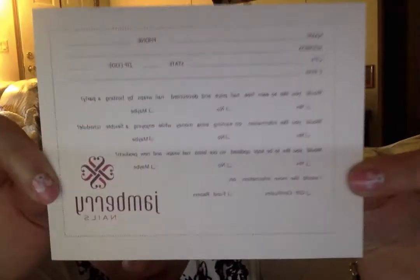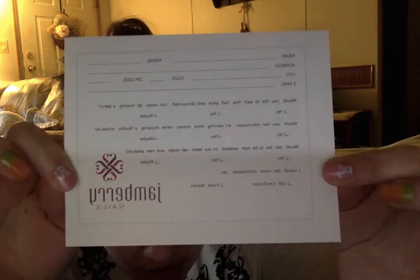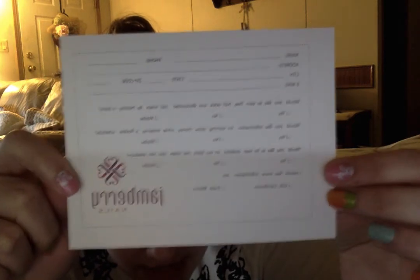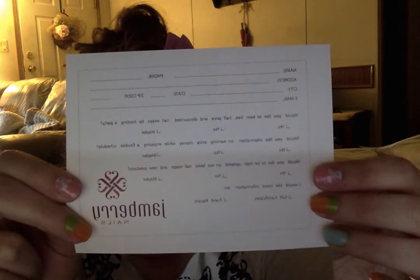The other thing that I always take are these little surveys. These are also available on the workstation. I also take these to vendor events, actually, and it's a really good form to use to get leads. So it's just name, address, email, all those things. But it asks questions to the customer. So would they like to host a party? Yes, no, maybe. Would you like information on earning extra money while enjoying a flexible schedule? Yes, no, or maybe. Also, would you like to be kept up to date on our latest nail wraps and new